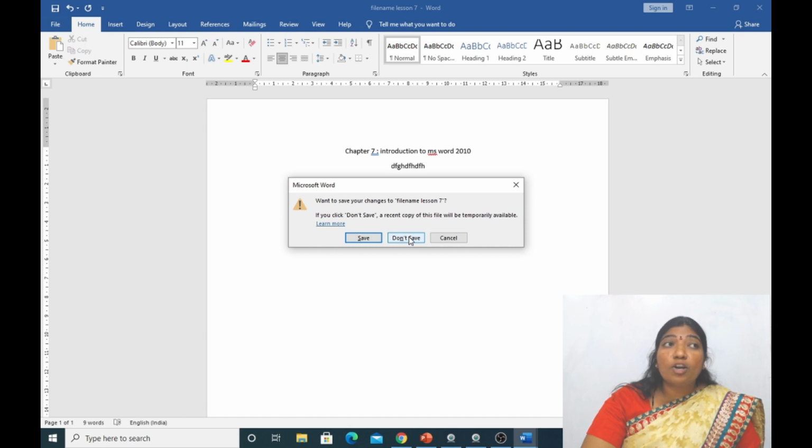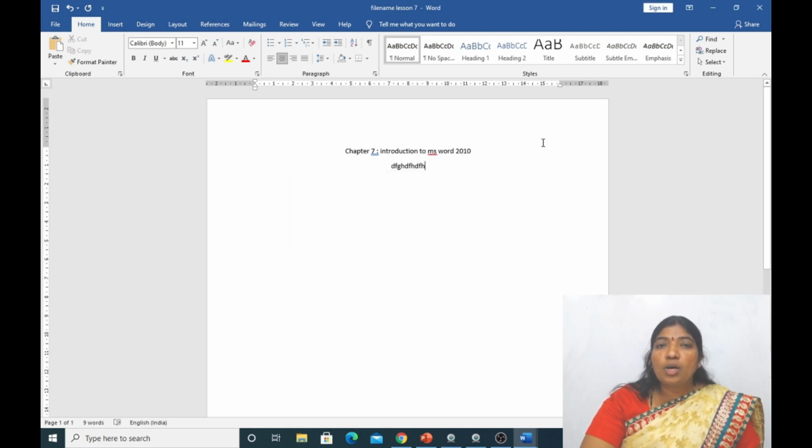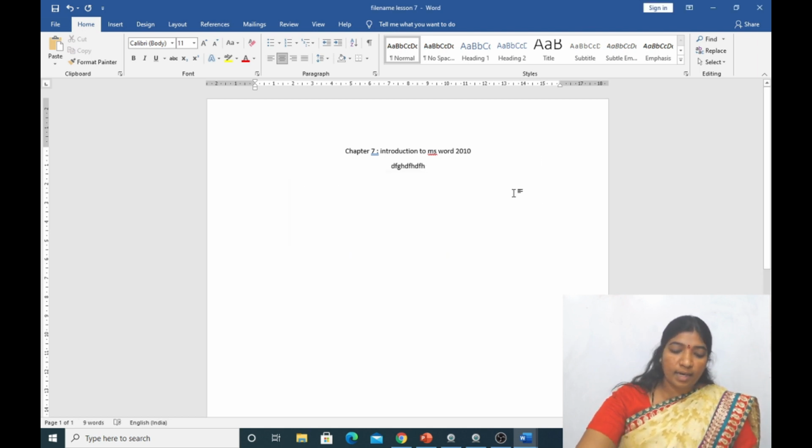The second option is don't save. If I don't want to save the file, I just press the don't save option. After that, cancel. Cancel is nothing but I don't need any actions to be performed on the file, so I can click the X mark and close the application.